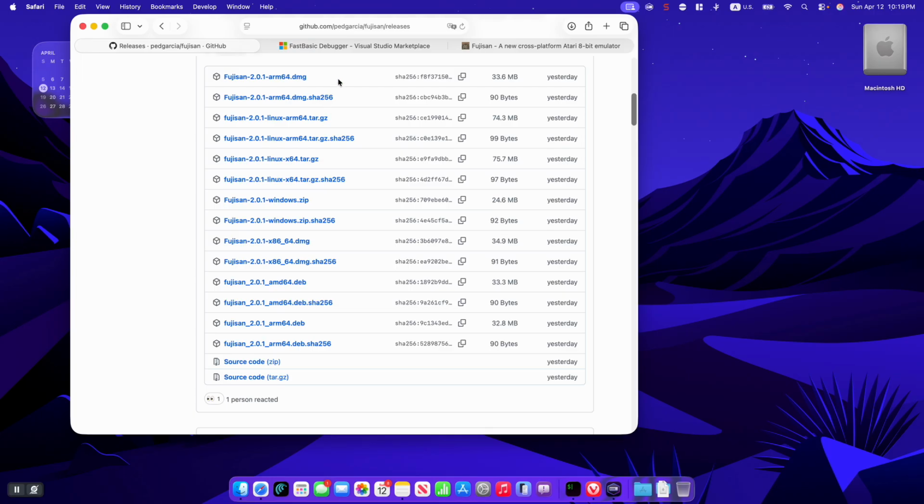Currently, I create versions for Apple macOS with Apple Silicon, macOS with Intel x86 processors, and also Linux ARM and Linux Intel x86 files, as well as Windows. So all three platforms are covered here. You select the one you want, you download, and you install according to the procedures of your OS. For example, the DMG